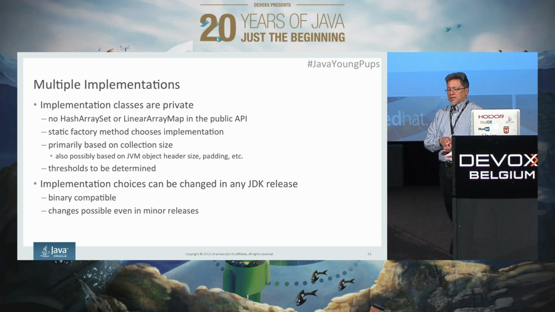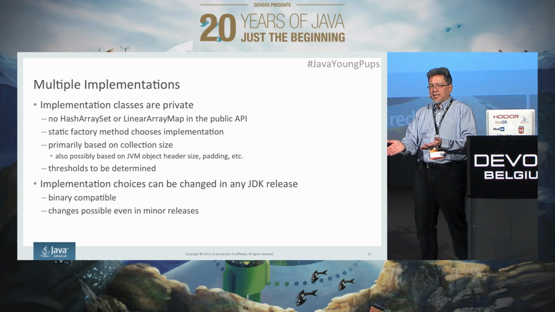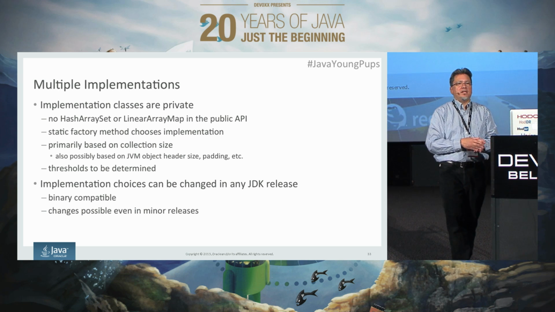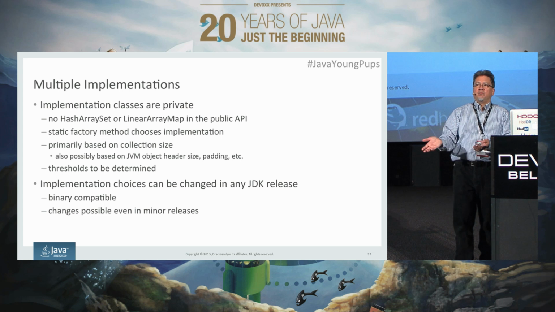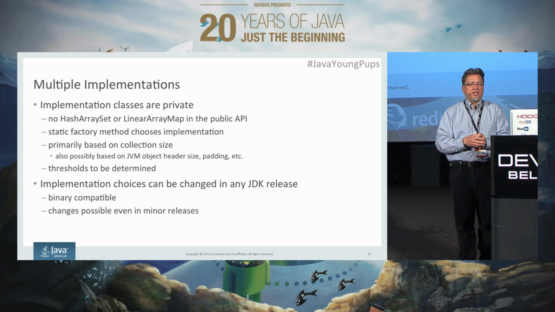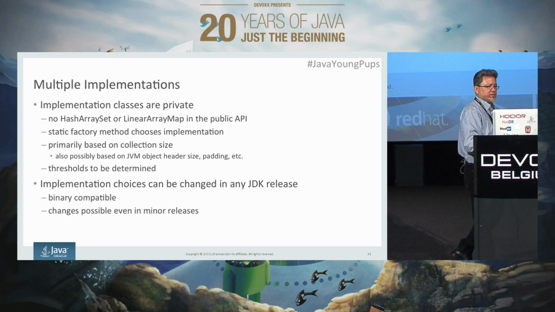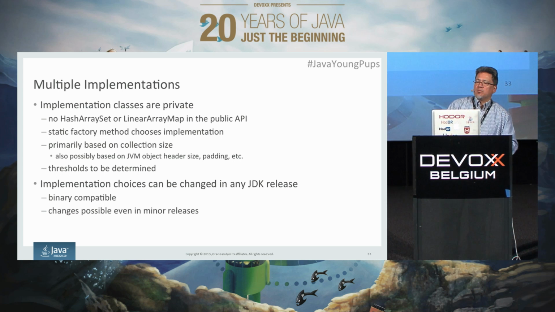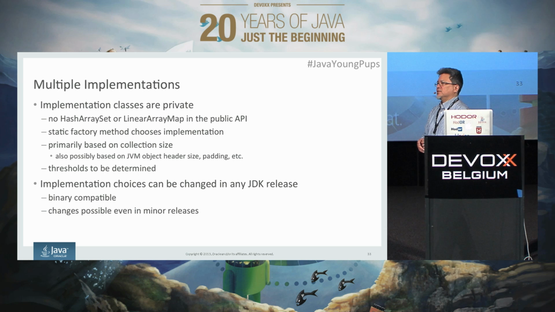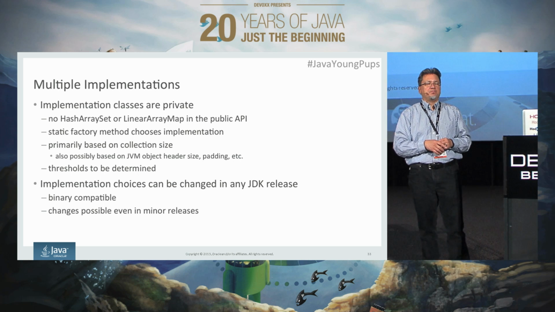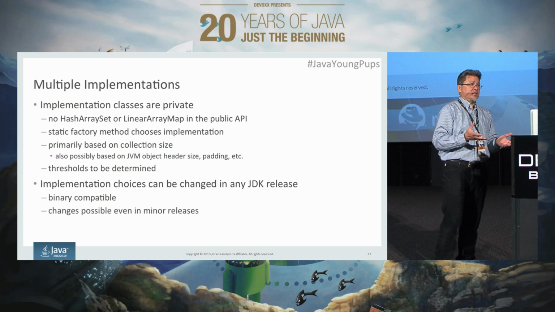So the idea here is that we'll have all these different implementations, and they're all going to be private APIs. And so the only thing that the programmer sees is set.of or map.of. And the implementation will be chosen by the library, and it'll be an implementation of some internal class. And probably, I think collection size is the primary criterion by which an implementation will be chosen. But we may take other things into